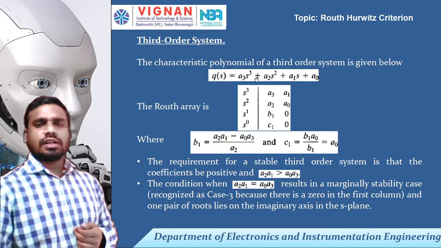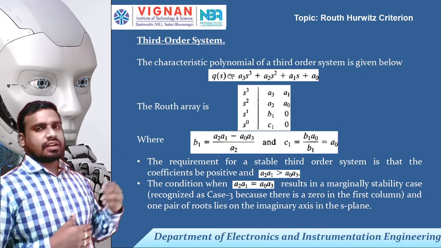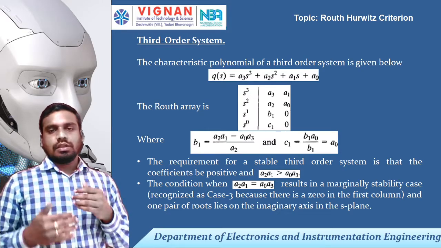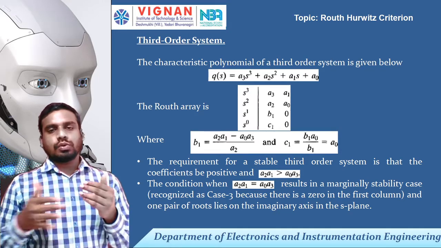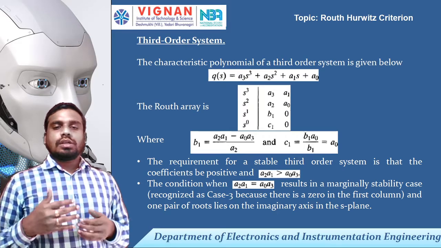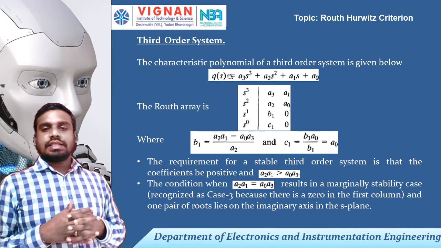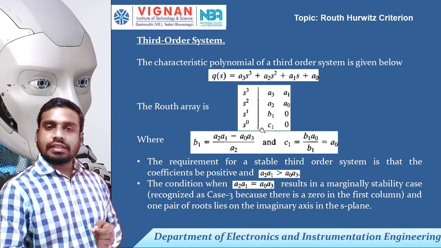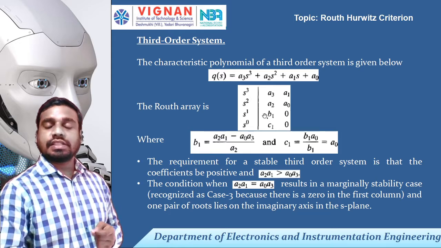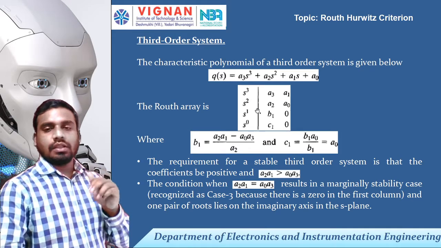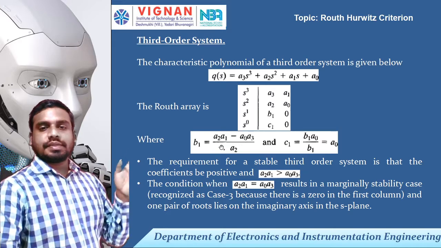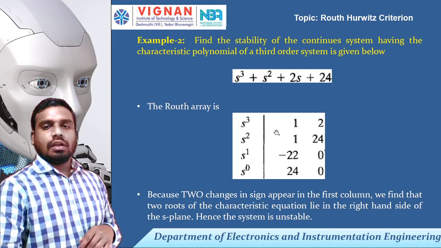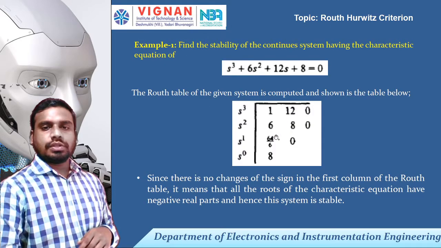Okay. Then consider a third order system. We considered second order. If you consider third order, the table will come as 4 rows. Since the order is 3, we'll get 4 rows, right? So check whether any sign changes. When you are calculating this B1, if you get a negative sign, then check the number of changes in the sign, then you can tell whether the system is stable or unstable based on the sign, right?